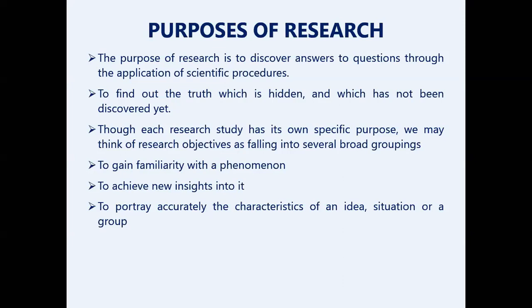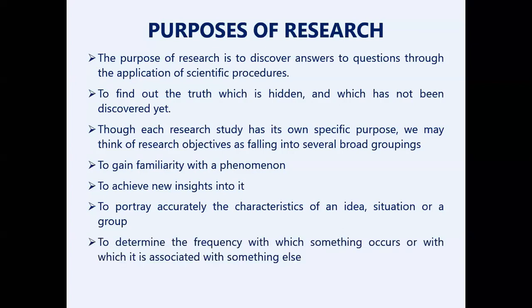I am giving a solution, a main feature to that plant, like how to modify the same plant based on its nutritional value, or making its parameters affect and modify its mechanism and all that. So actually I am accurately portraying the characteristic of that plant. Clear? So next, it is used to determine the frequency, or we can say first finding the occurrence or association